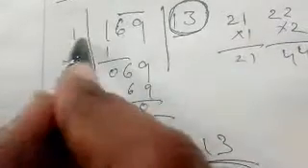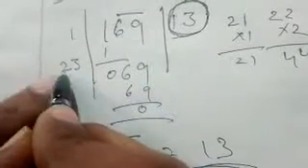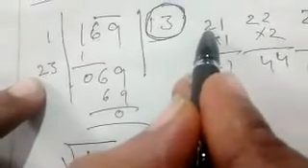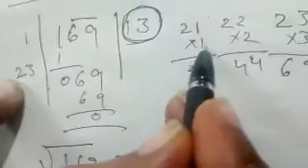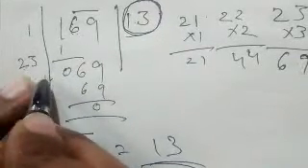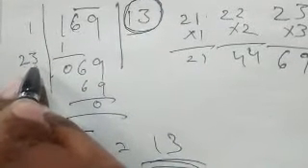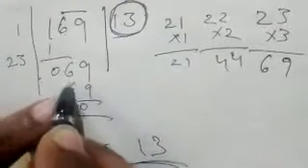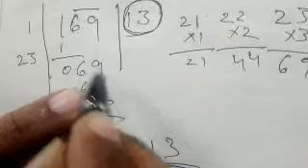Here 1 plus 1 equal to 2. Okay, so what we have to take is 21 into 1. Whatever number we are putting here, it has to multiply with the same number. So suppose we take the 21 table into one time, it is going to become 21. We can still go further.